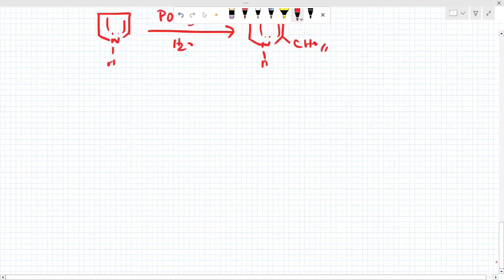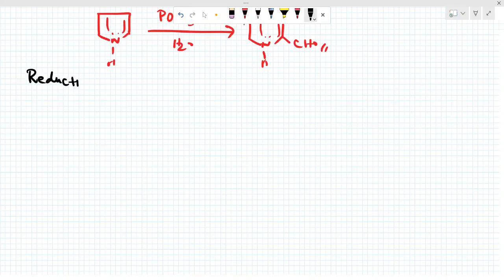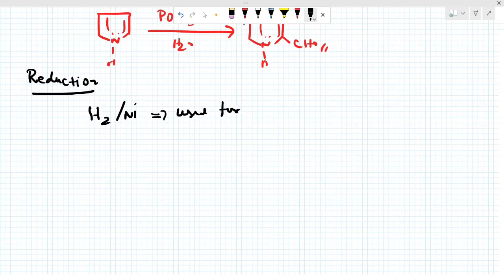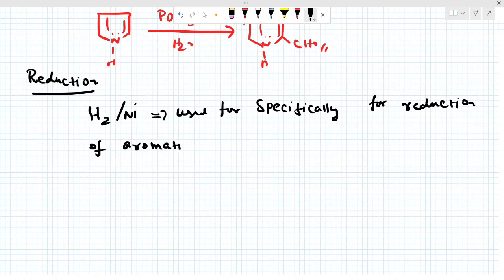Now very important. Please note, reduction. Very important. Now listen. If you use hydrogen and nickel, this is used specifically for reduction of aromatic compounds. Reduction of aromatic compounds. Okay, now see, if I take pyrrole,